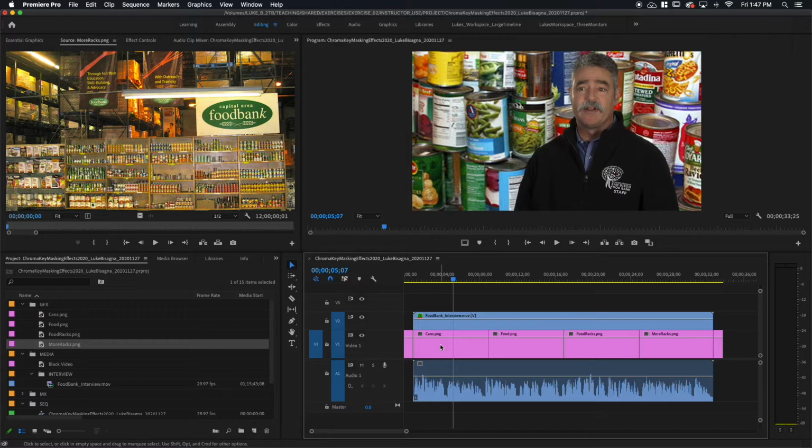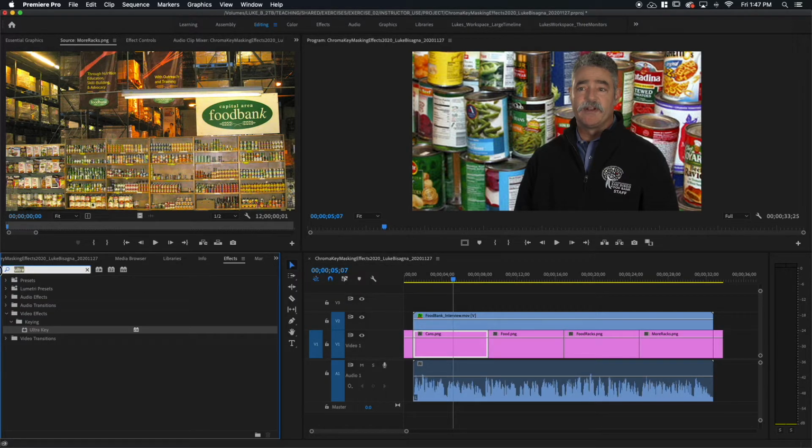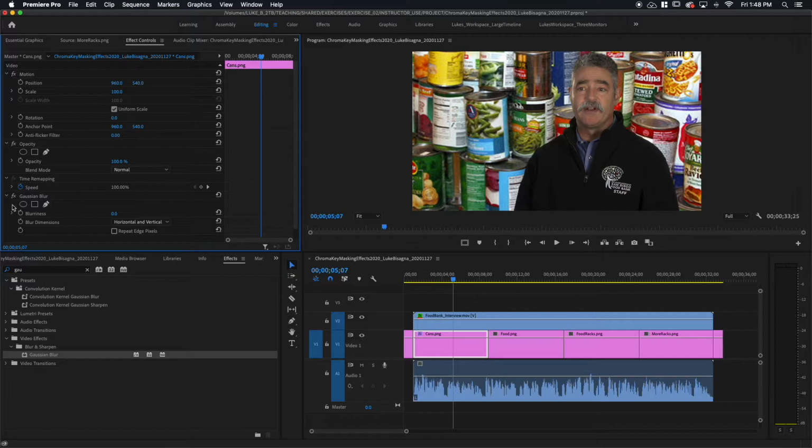So we'll select this clip here and we'll go to our effects and we're going to search this time for a blur. Which blur are we going to search for? You all know the best one, right? That's right, Gaussian blur. So we're going to take that blur and drag it on, boom, and head over to our effect controls here. And you can see it's been applied. And of course, the most wonderful control, blurriness, will be utilized to blur this stuff out.